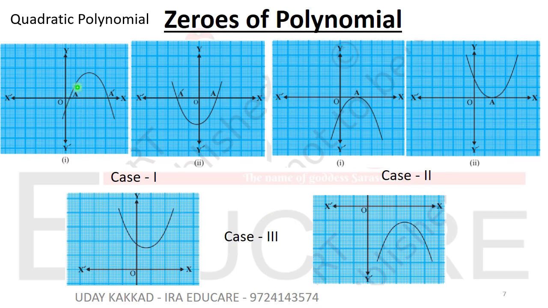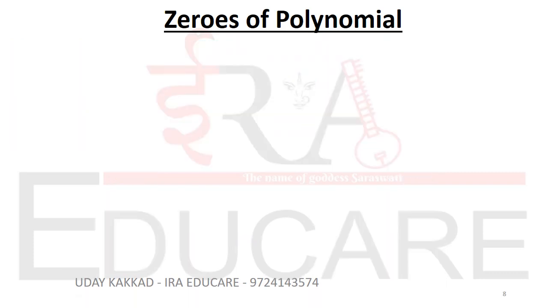So here A and A dash, there are 2 points, right? This is nothing but the same graph, but here we take positive numbers, and here we take negative numbers. That's all. Here it just touches the x-axis, so there is only 1 point. Here also 1 point, and here 0 points. Look, you can see that the x-axis is here, so the graph never intersects it. Same here. So you can say that a quadratic polynomial has up to 2 zeros, right?